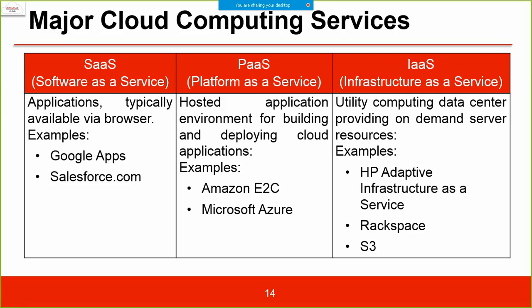So that draws the line between the two: the level of control and level of accessibility. What you get, what you have access to, what layer you are allowed to access. The minimum layer, minimum access is on software as a service. A little more platform access, and the maximum is infrastructure as a service. Got the point now? Software is whatever is installed, and the platform is ready for you.